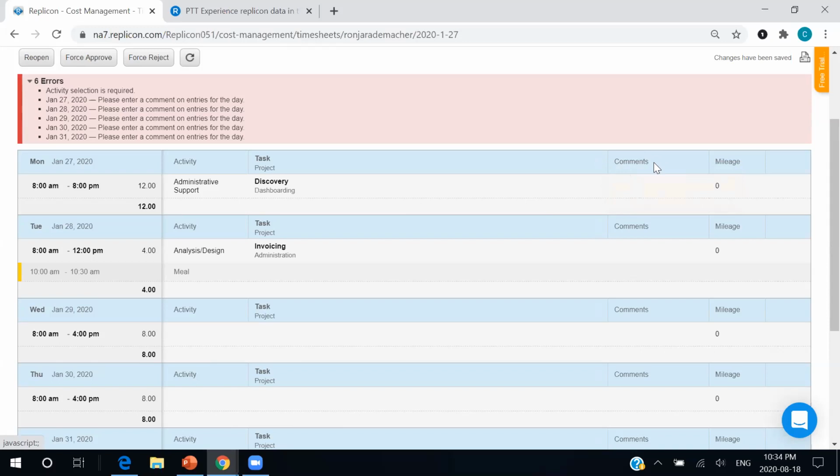Well, that is if they do actually enter these comments. In this instance, we can see that Kurt has not entered his comments. So this has triggered this warning. It hasn't outright rejected the timesheet because maybe we don't find this as an egregious error, so we still allow this timesheet to go through.